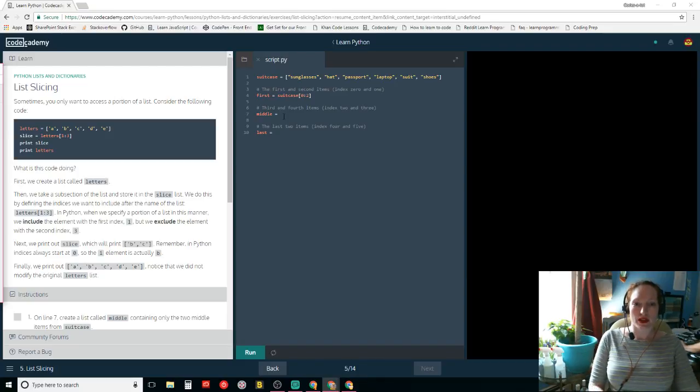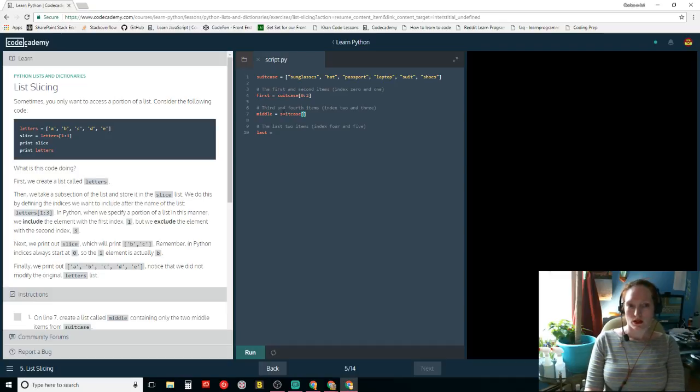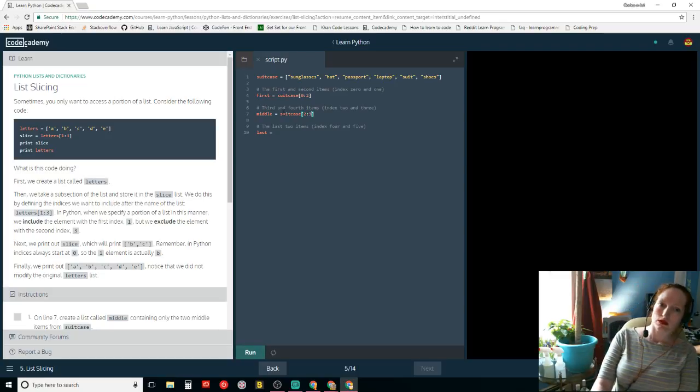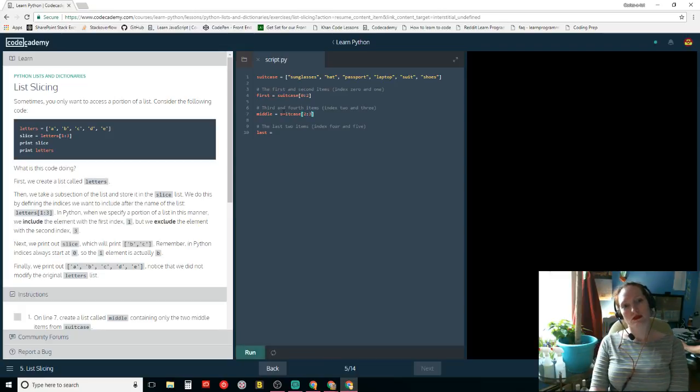Third and fourth items is keys. 2:3. No, 2 and 4.